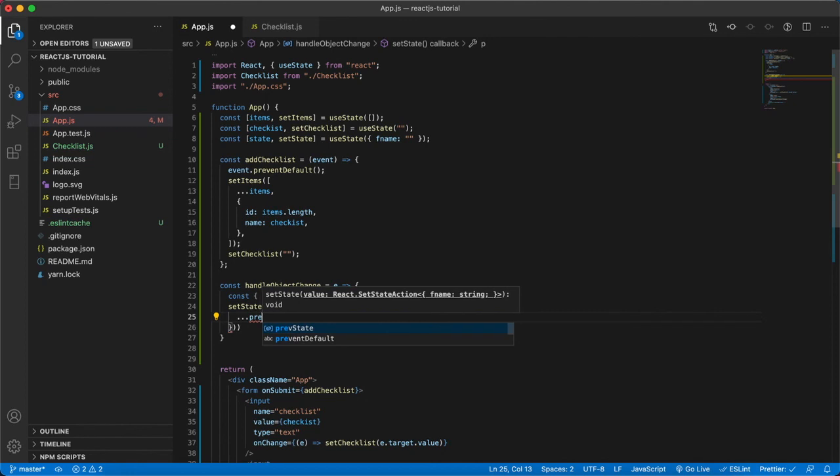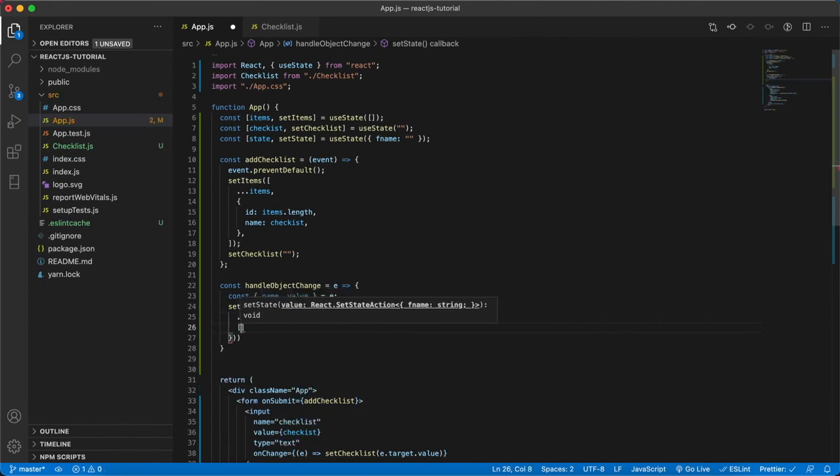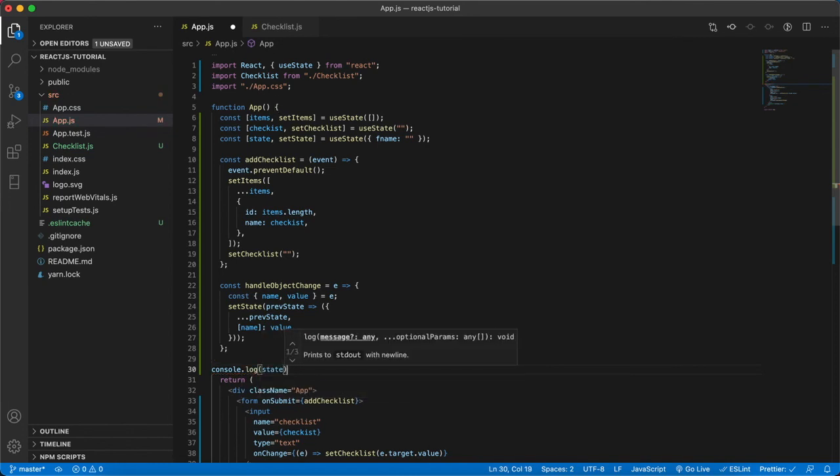So now what we are going to setState, similarly to what we did for the array. We are going to take the previous state, the existing values, and then we are going to update the name, that is value. So this is the shortened form of how you update the name with value, right? And then we are going to setState, so it will update the fname. So let us console log this particular state so that you are able to see this state being updated whenever you type.